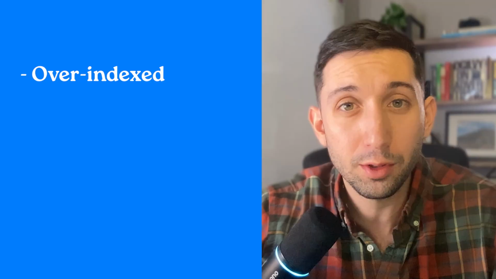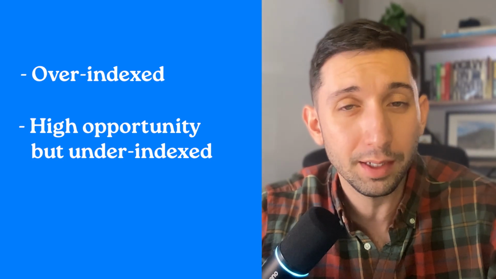Every serious Amazon brand tracks keywords, ROAS, click-through rate, and the other common metrics, but almost none are tracking performance by location, especially not at the zip code level. That means you have zero visibility into regional and local performance. What if you could know which zip codes are getting over-indexed, which zip codes are high opportunity but being under-indexed,